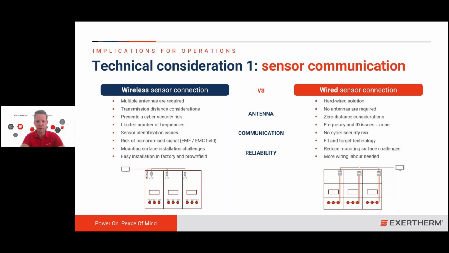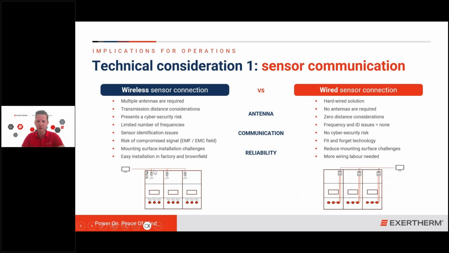Finally, there's mounting surface installation challenges. Some of the antennas, for example, are magnetically connected to the power chambers. And it's a question, how good is that magnet going to be on that surface inside that powered up compartment? And might that not also present a risk sometime down the life? Finally, with regards to wireless sensors, they're quite easy to install, both in the factory as well as in brownfield. For example, strapping them around the main current carrying copper bars,